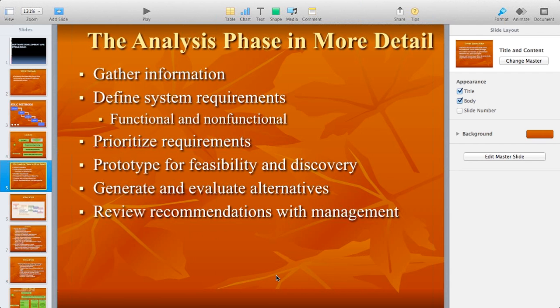Anyhow, we will be discussing all these things in the further sessions, about BRD, analyzing requirements, gathering the requirements, or techniques or methods. We will be looking into them in the next sessions. Now, the analysis phase in more detail: gather information, define system requirements, functional and non-functional, prioritize requirements. So when I say prioritize,